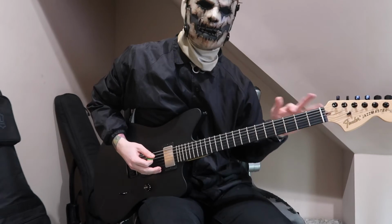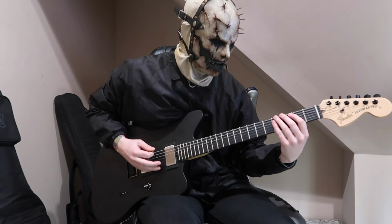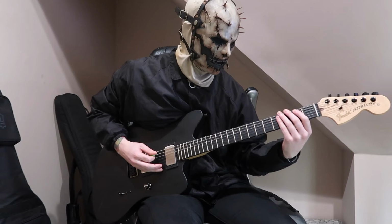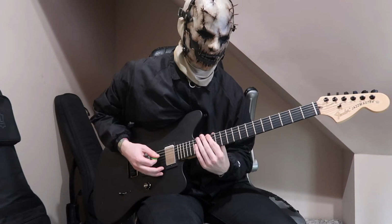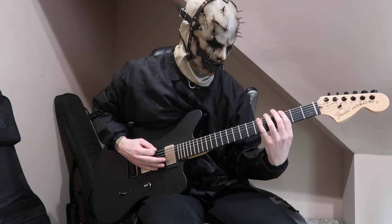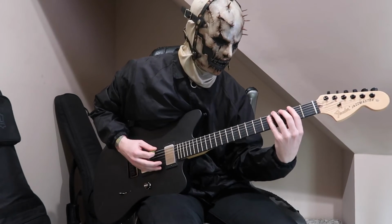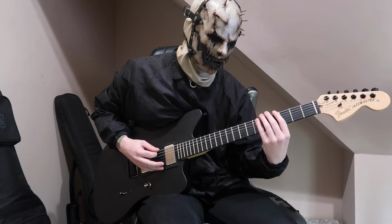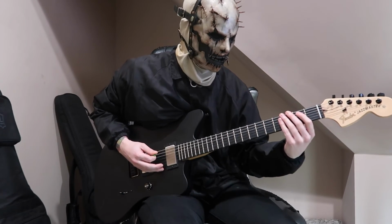I'll just tell you the frets, and you're just gonna tremolo pick it. So it's open on the low 6 string, open, 2, 3, 5, and 6, and then back. So you're going to do a first fret power chord, low 2 strings, and then open. I don't know if I can play it slow, but again, the frets are open, 2, 3, 5, and 6, 5, and 3, and then open at the end. So,